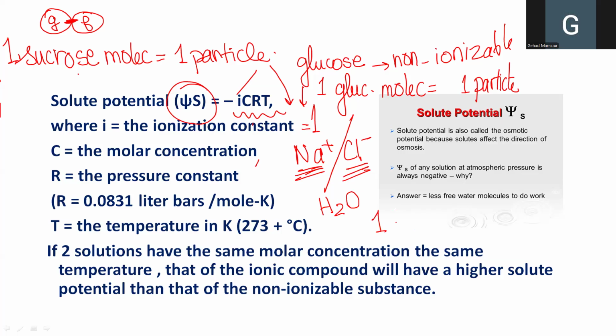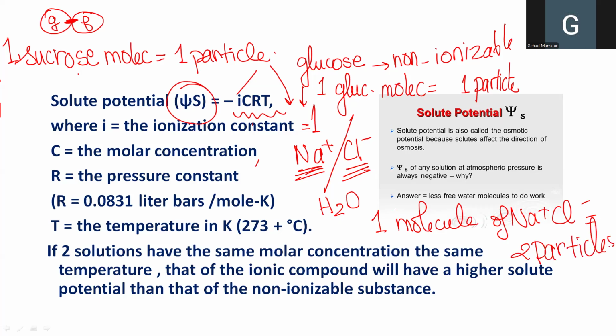So one molecule of sodium chloride will be separated into 2 particles in a solution, and therefore the ionization constant will be 2. So it is related to the number of particles rather than to the number of molecules